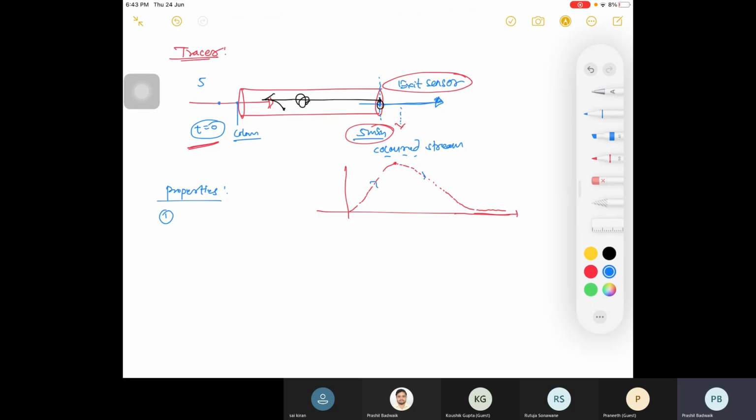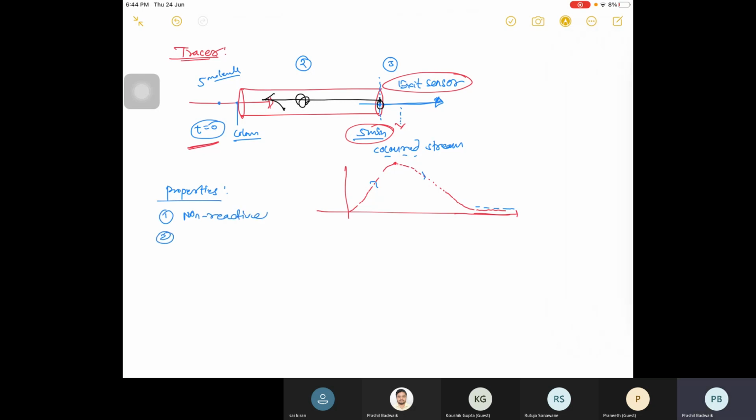Suppose you said that 5 molecules were put in and you are not getting 5 molecules, you are getting only 3 molecules, right? So 3 molecules are coming, that means 2 molecules are reacting. 2 molecules reacted, they disappeared somewhere. So you will not get the actual profile there, right? You will always have this infinite time. 2 molecules are not coming out at all, it has been 1 year, 2 years. Where are these molecules? You will be surprised to see the molecules are not coming out. So it should be non-reactive. First property. It should not react with your stream.